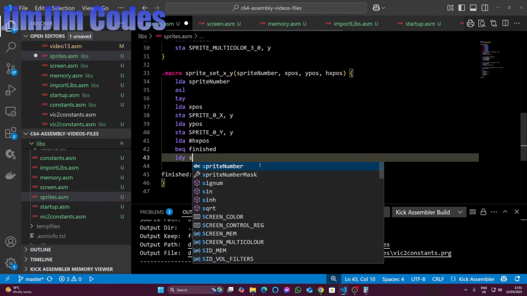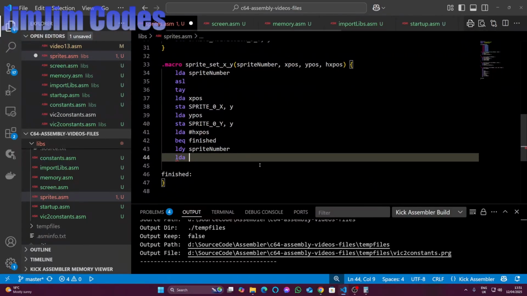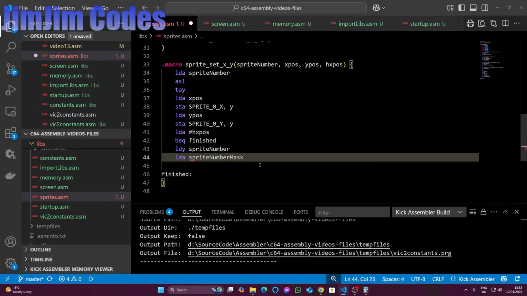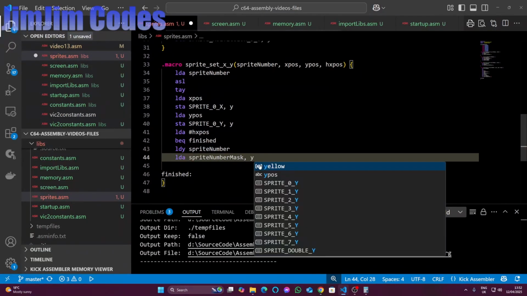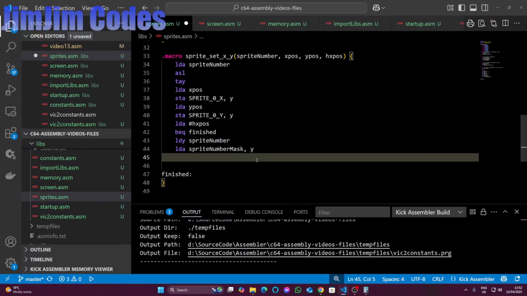What I'm doing is the sprite number, so the non-multiplied by 2 number. Okay, load the accumulator with the sprite mask. Oh my god, I can't type today. Sprite number mask, because we're going to do the same thing. Okay, because we're going to use that, and we're going to OR that with